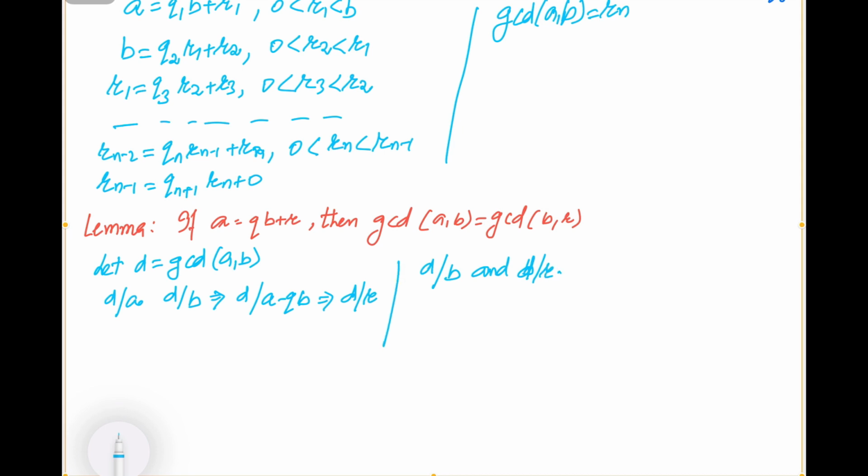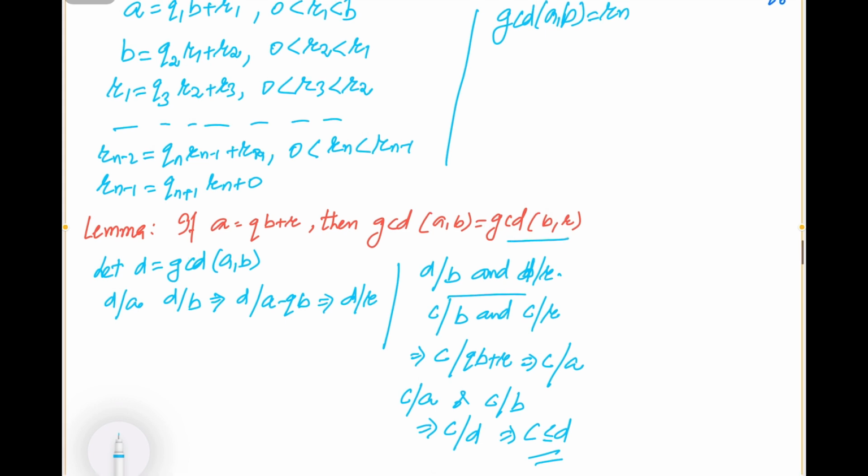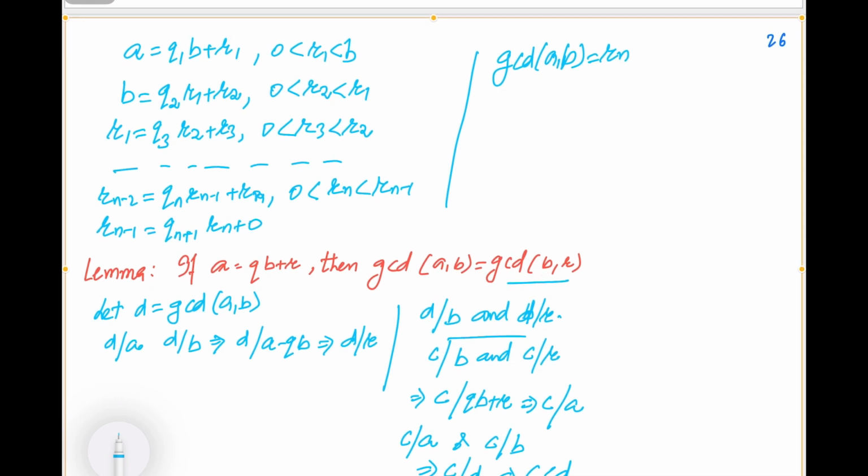If there is another common divisor of B and R, C divides B and C divides R, then C divides their linear combination, that is QB plus R, which implies C divides A. Now combining C divides A and C divides B implies C divides D. So C has to be less than or equal to D. Means D is the GCD of B and R. So we started with D is GCD of A and B, and we proved D is also GCD of B and R. So using this, we apply this result here, that GCD of A, B equals GCD of B, R1,